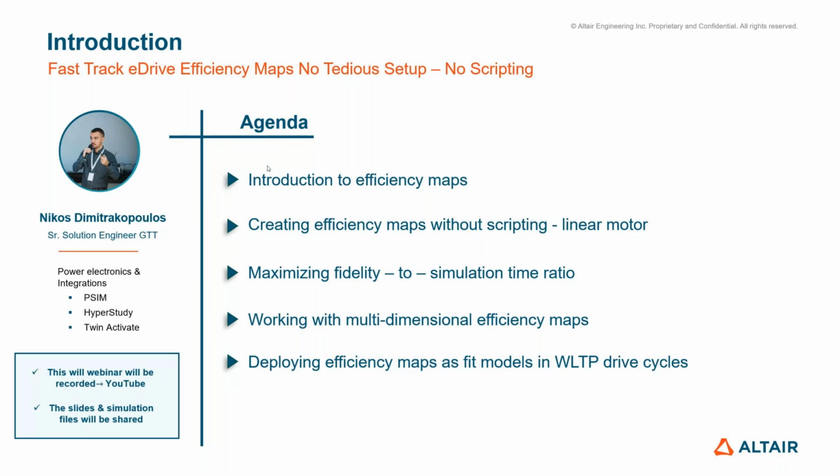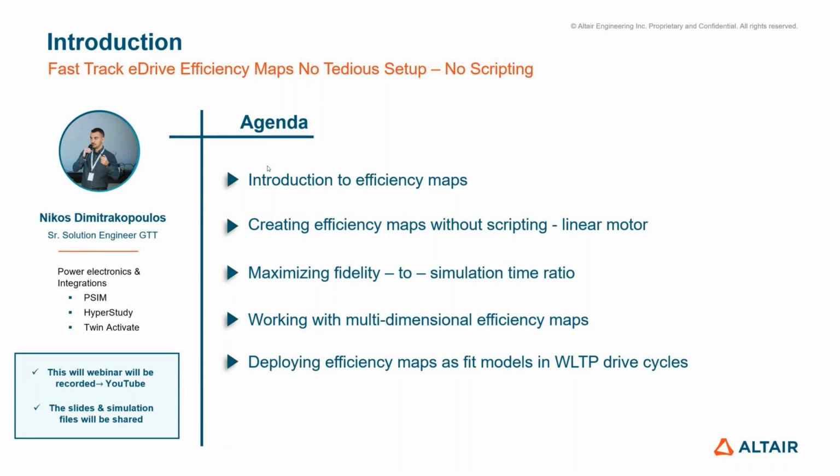And we are going to discuss a new approach which involves creating an efficiency map without any scripting with Altair's tool called HyperStudy. The first example we're going to investigate will be with a linear machine, but then we're going to increase the fidelity and use a non-linear machine, also including effects from an FEA tool from the Altair umbrella called Flux. And we can discuss how we can maximize the fidelity to simulation time ratio for this, let's say, a bit more complicated